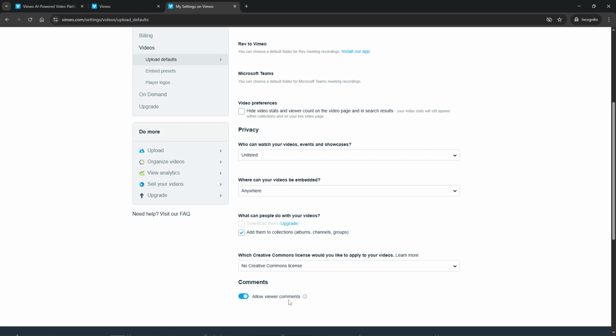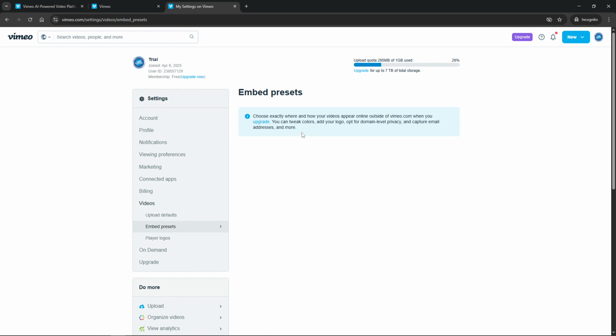Another powerful feature is the embed presets. This feature enables you to tweak the colors of your player, add your own logo, and even opt for domain level privacy. This means you can restrict where your videos can be embedded, which is a fantastic way to control